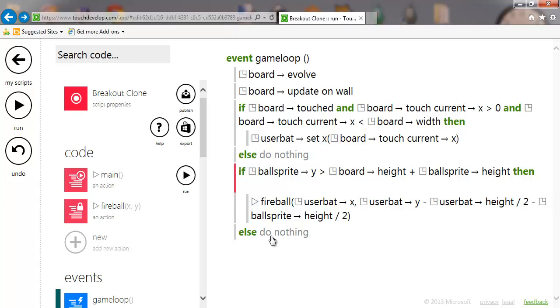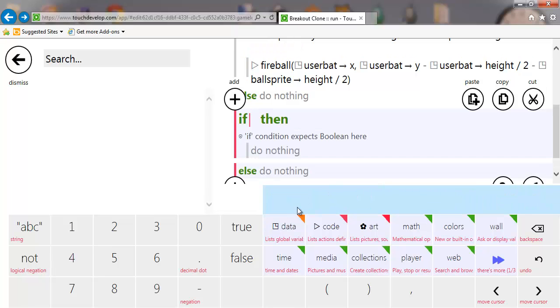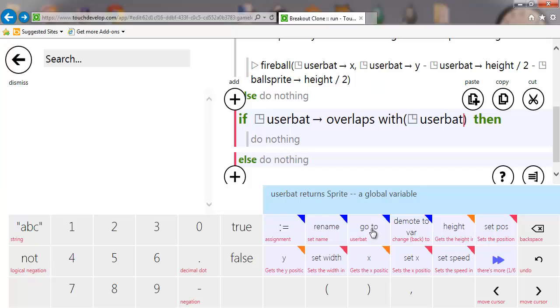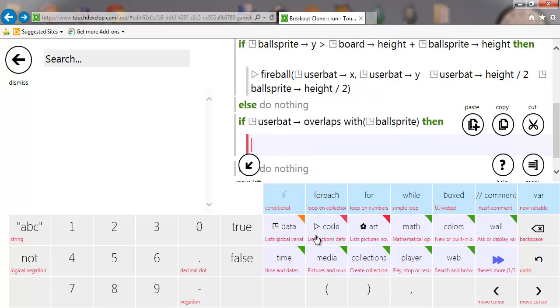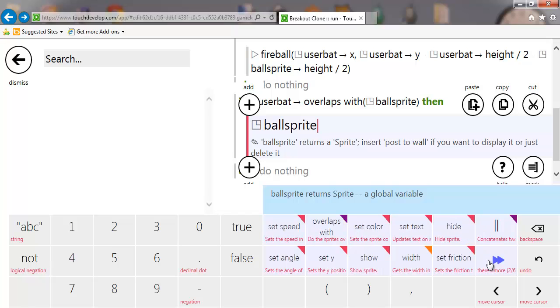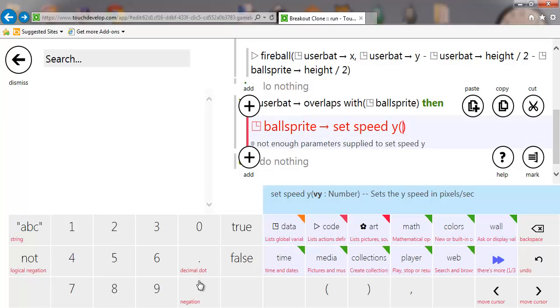Okay, next we want to make the ball react when it hits the bat. So in game loop, if you go to if again, we're going to say if the user bat overlaps with the ball sprite, then what we're going to do is say ball sprite, set the y speed, which is the up and down vertical speed. So we're going to say set speed y, and we're going to set it to minus